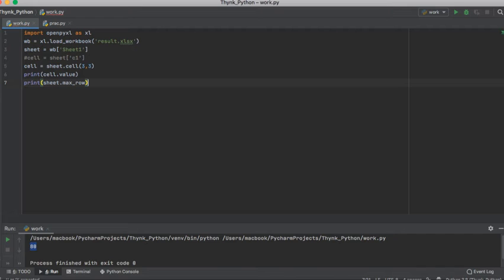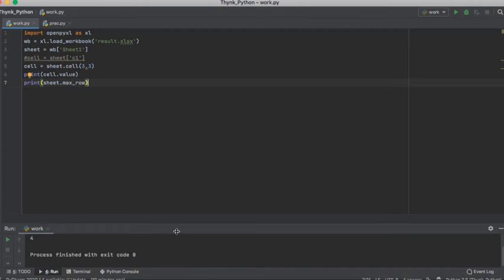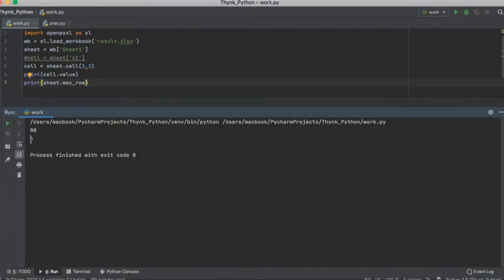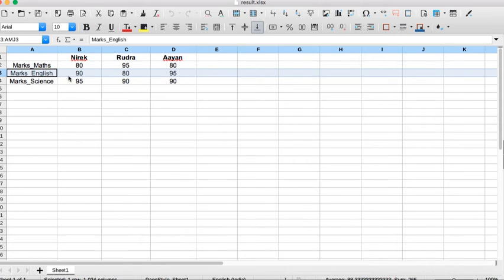So this should return me the value of the maximum row. Let's run the code and check. Beautiful. So this is giving me 4. That means the number of rows in my spreadsheet is 4. You can have a look here. We've got 4 rows here: 1, 2, 3 and 4, right?